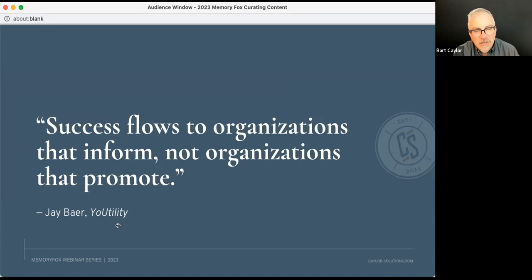And again, this book Utility is all about how are we doing things? How are we figuring out the questions our stakeholders have and providing them the answers through content? And a lot of times that's blog content. And just a quick